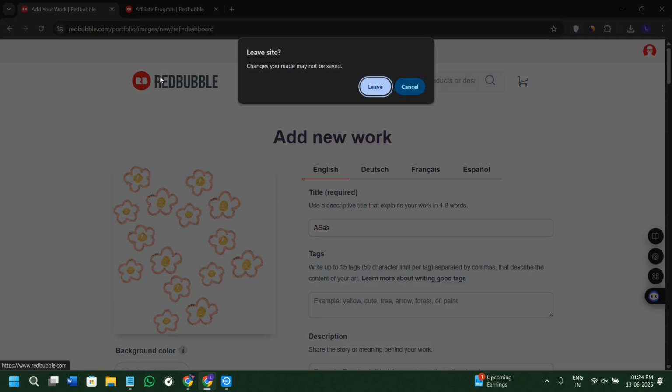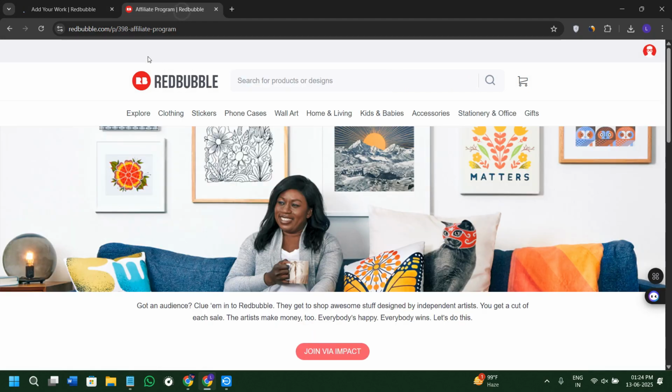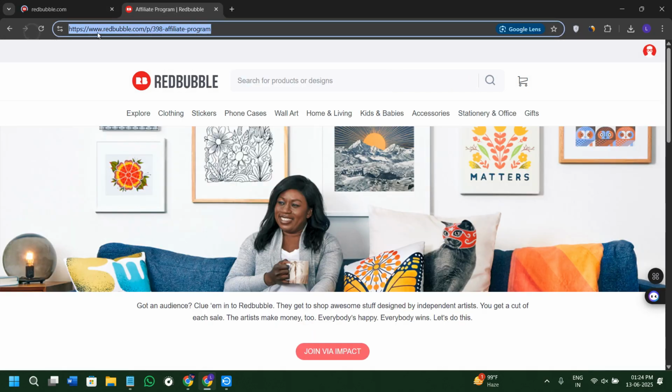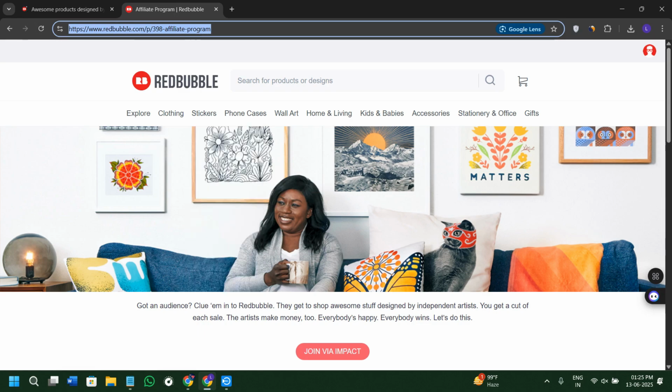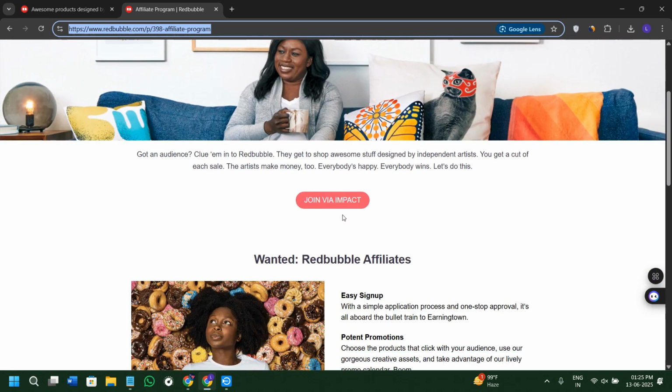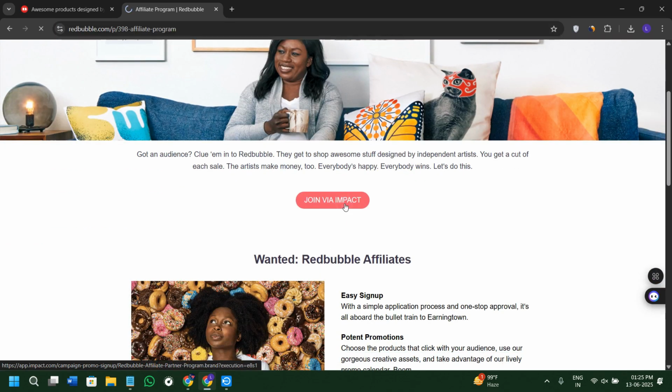So in order to do it, first of all, you need to open your web browser and search for this link, that is redbubble.com/affiliate program. I will also put the link of it down in the description so that you could come here and apply for it. Now, once you are on this page, you need to click on the join via Impact